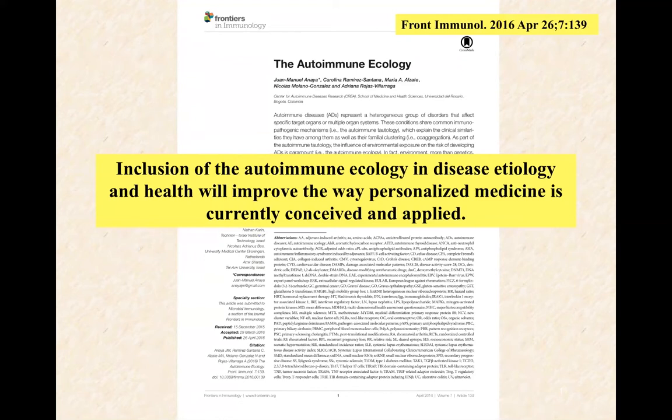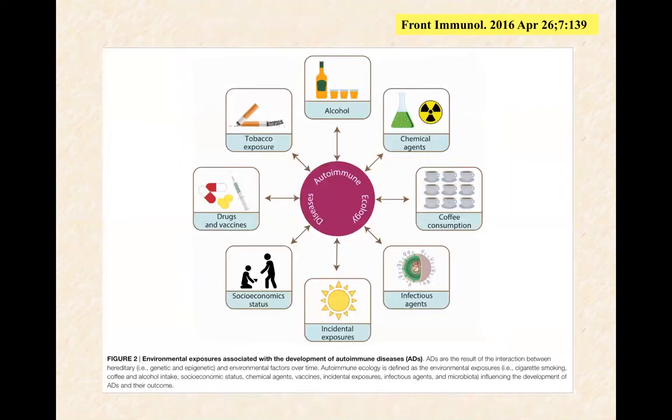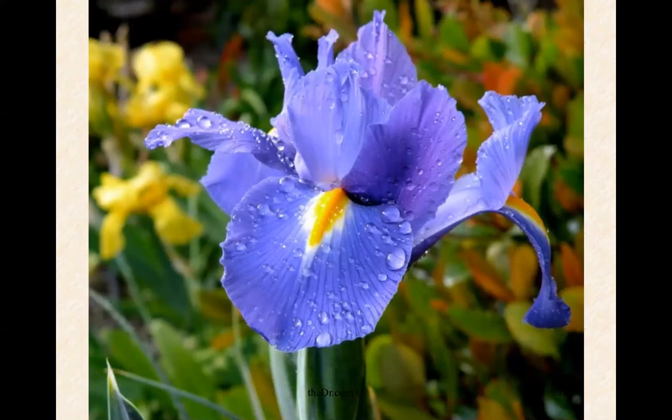anti-pain, anti-skin irritation, psoriasis, vitiligo, whatever your protocols are, they're going to be short-term if we don't deal with the ecology, the environment where this stuff comes from. And these are some of the more common ones. There's, of course, the emotional, the socioeconomic status, drugs and vaccines, tobacco, even secondhand smoke is just as bad. Chemical agents, alcohol, coffee, other foods, infectious agents, they all are part of the ecology of the autoimmune cascade that